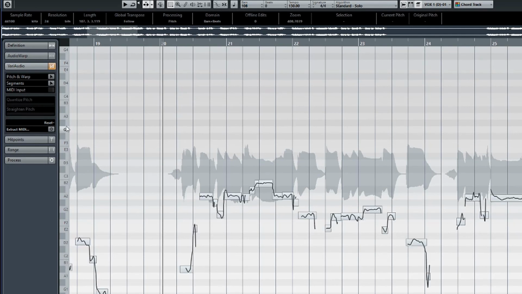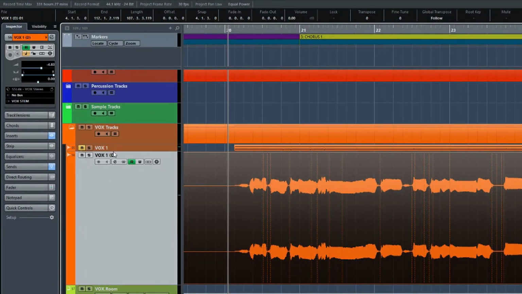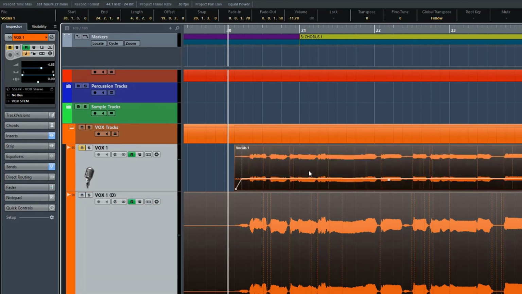And we can actually undo that and go straight back into it again if we want to. Now, there's a lot of advanced features. Now, we're not going to go into all of the features in this because there's so many. But one other one that I just wanted to show you, which can be quite handy, is let's say we have two parts here. We might have a double track or some BGVs or something like that, and you want to tune them together. But sometimes it can be a bit hard. You got to tune one at a time, and then you're trying to find which notes are out, that sort of thing. But if you select two audio files together, and then we hit enter on the keyboard,